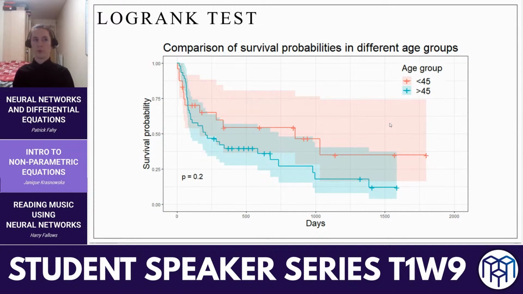For example, we can start with plotting the confidence intervals, which are the transparent regions on this graph. And what confidence intervals mean is that that line, in 90% of the cases, might have landed anywhere in those confidence intervals. So what we actually see is that those confidence intervals overlap quite a bit. And also when we do another non-parametric test, which is called the log rank test, which is the test we always do with this sort of Kaplan-Meier survival graph, we also get a p-value of 0.2,